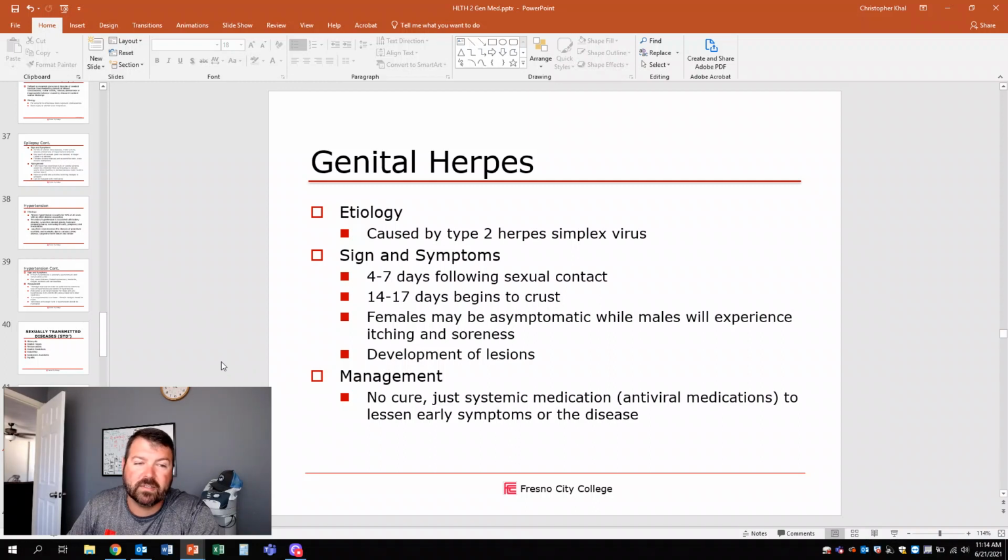All right, herpes. Caused by type 2 herpes simplex virus. Signs and symptoms: 4 to 7 days following sexual contact, and about 2 to 3 weeks for it to form a crust. Females may be asymptomatic while males will experience itching and soreness. You can develop lesions. Management: no cure. Symptomatic medication, which is a kind of antiviral medication to lessen early symptoms of the disease. So there is also, given that I'm talking about herpes that is sexually transmitted,